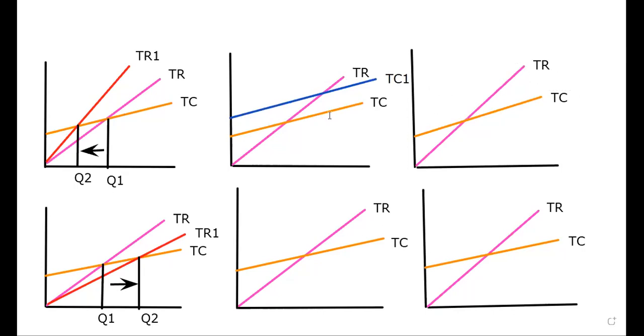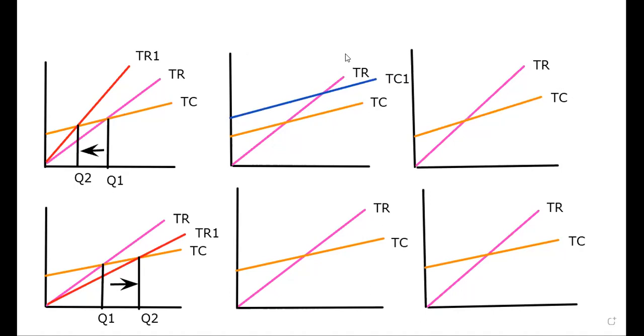So this is what happened. Fixed cost increases, total cost increases, steepness unchanged, because nothing happened to the variable cost. Only the fixed cost point changes. You can see here the fixed cost was 20,000. Now fixed cost increases to 30,000. The starting point changes. So now what happened to the break-even?